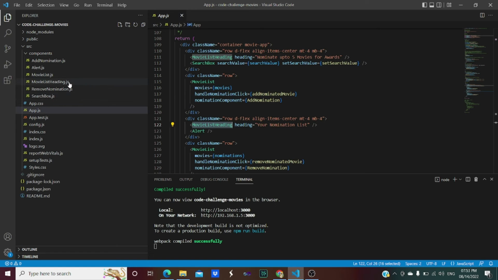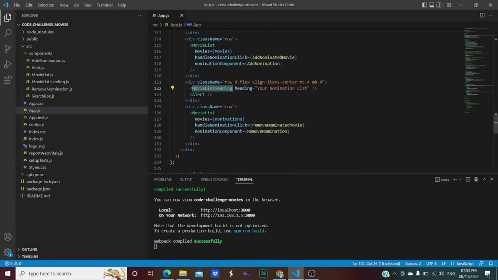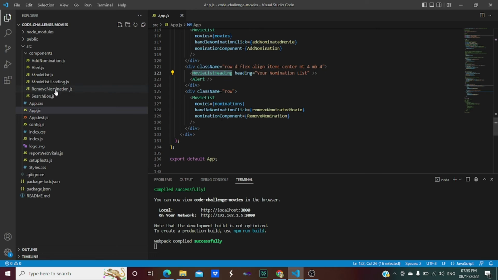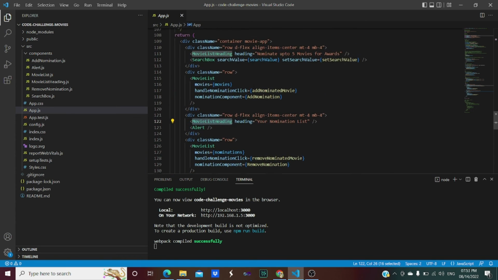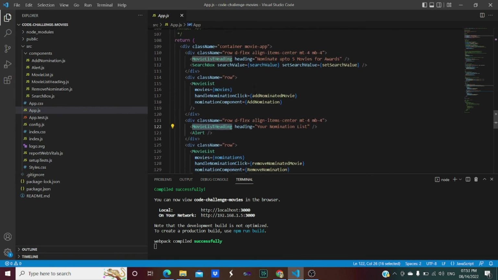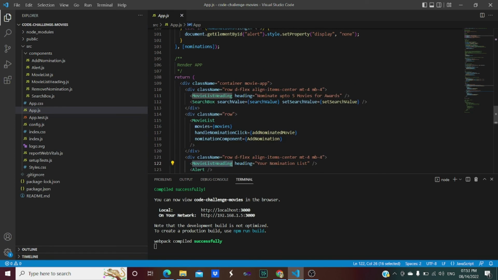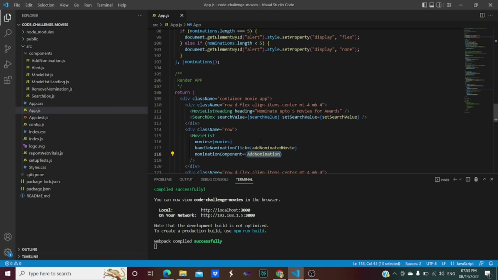In this whole code, there are 6 components that I have developed, as you are able to see in the components folder, used to arrange different things on the page. So here is the movie list heading component. Then there is a remove nomination component, then the add nomination component.